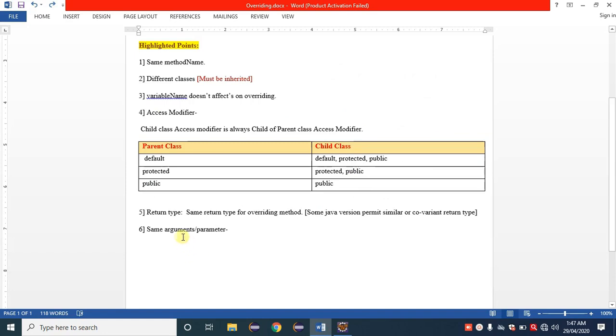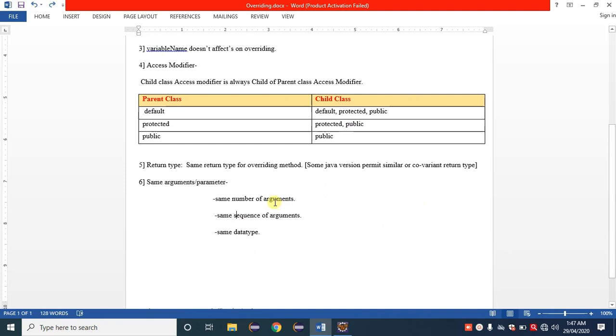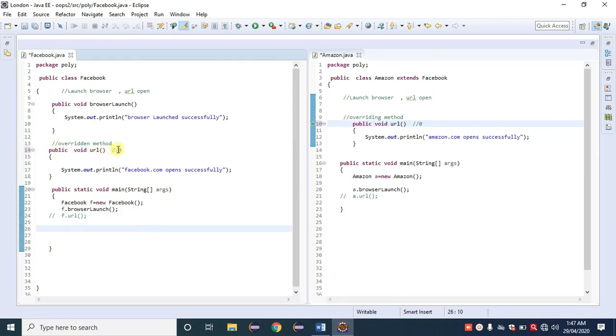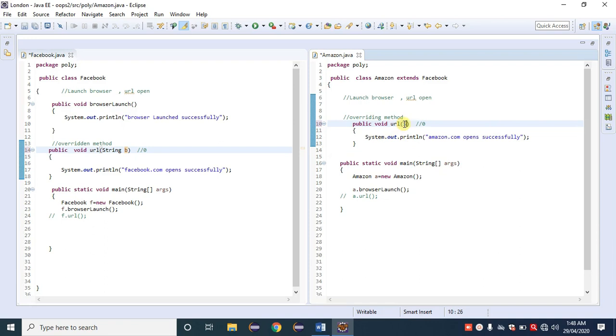Same arguments or parameters, in 3 ways: the same number of arguments, the same sequence of arguments, and the same data type. Right now we are matching with the same number of arguments. The parent class method has 0 arguments, and the child class method again has 0 arguments. Suppose the parent class method has 1 argument, String B. Then the child class method again requires the same argument, String N.